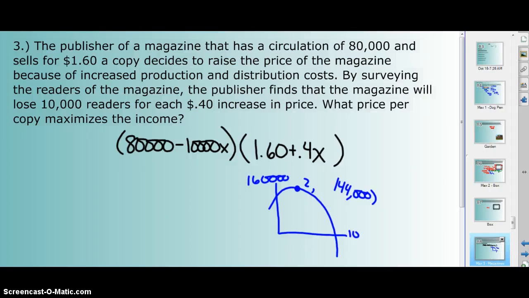So, questions it wants to know. First, what price will maximize the income? So what we find out with the 2 means how many changes we need to make to get to that max profit of 144,000. So we would have $1.60 plus 0.4 times 2, so that's 80 cents. And $1.60, so we're going to have a total price of